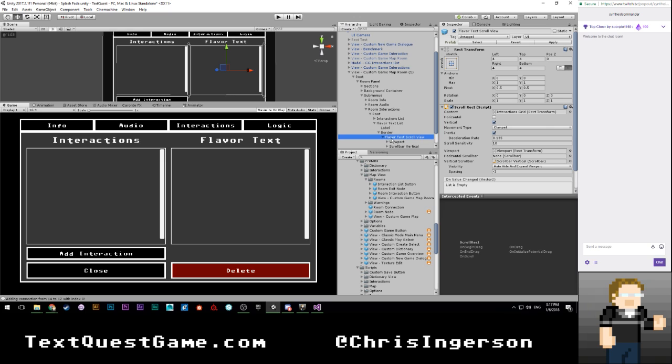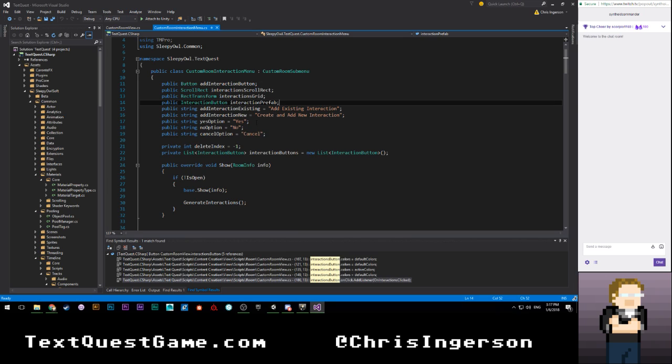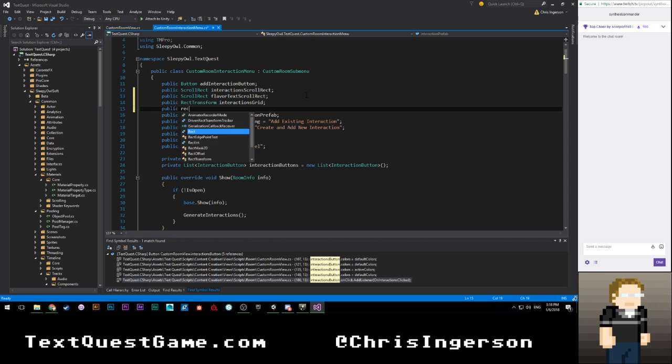Scroll view. Oops, hold on. Flavor text grid. All right, let's go ahead and go up here real quick. So we're gonna want to say pretty much the same thing we were doing here. So we're gonna say public ScrollRect flavorTextScrollRect. We're gonna come down here, public RectTransform flavorTextGrid,